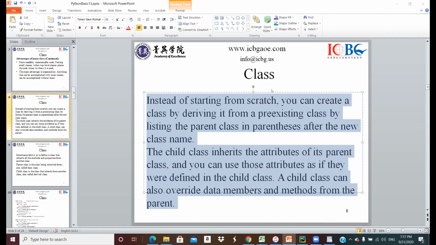You can use those attributes if they were defined in the child class. A child class can also override data members from methods from the parent. Right. So why do I say this? This is the